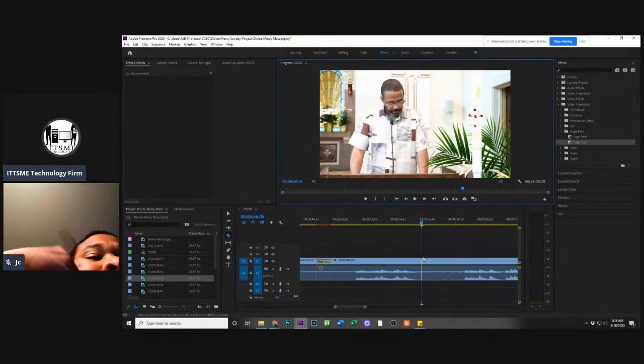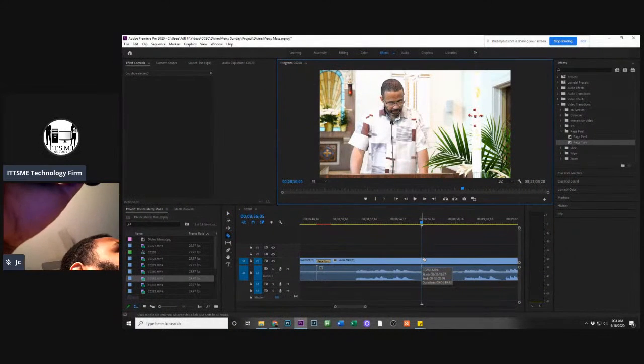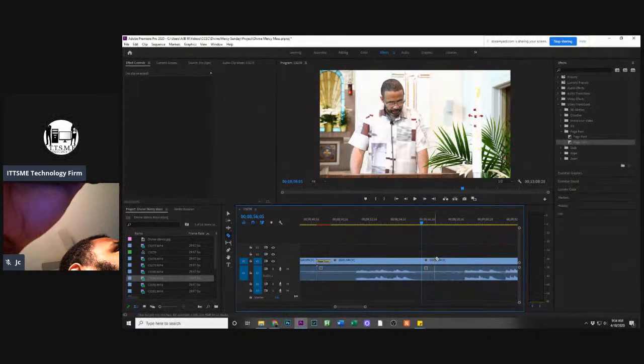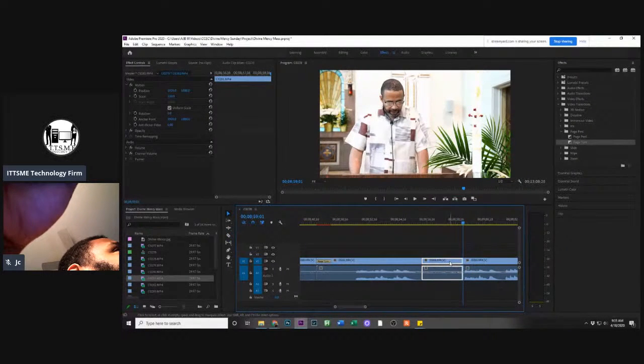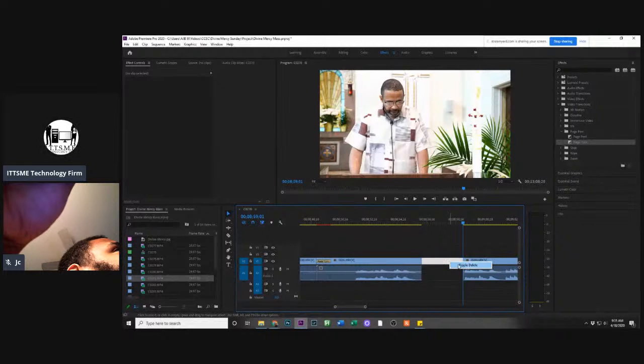So I'm gonna cut. I'll make my cut right there by pressing C for our razor tool. I'm gonna let it go. And right before he starts talking, which you can see the levels jump up right here, I'm gonna cut it right before that. Maybe about right there, I'll cut. Now we don't need all of this in the middle, so we're gonna delete that. I'm gonna right click and do ripple delete to bring our